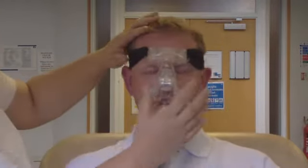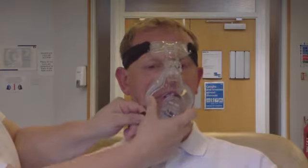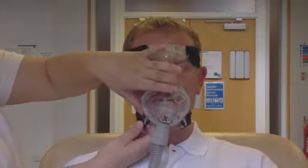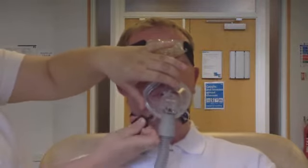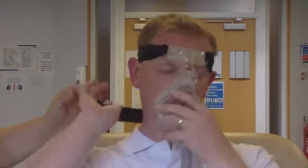So again, you need a good tight seal round the nose, round the mouth, and then attached to the machine. Now what's very important with the face mask is that the patient, or whoever's looking after the patient, is able to quick release it in case they feel sick. So this sort of mask has a quick release button on the bottom, which has just been shown. And if the patient is compos mentis enough, then they can easily remove the mask should they feel sick